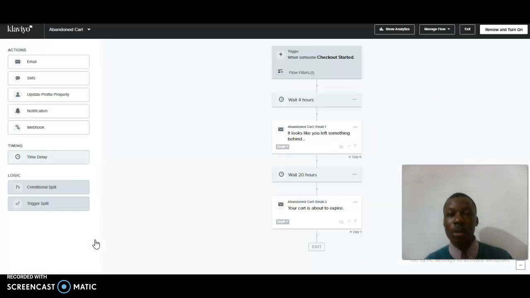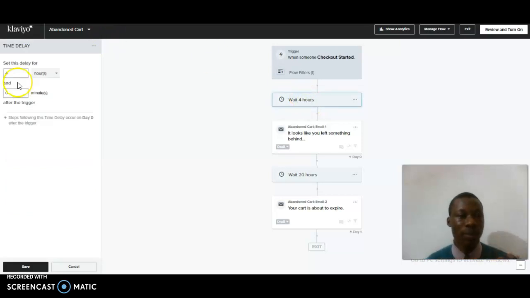Okay, good. So when someone check out started, wait for 4 hours. For example, right now I'm going to wait for just 2 hours because some people get busy as time goes on. So I'm going to wait for 2 hours. It looks like you left something behind. When a buyer has to cart,